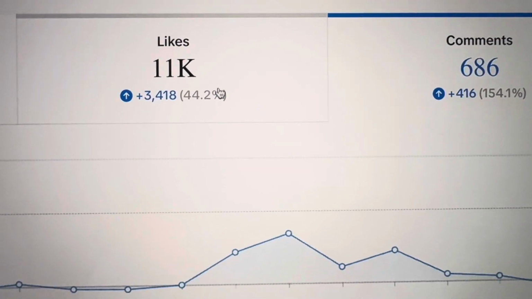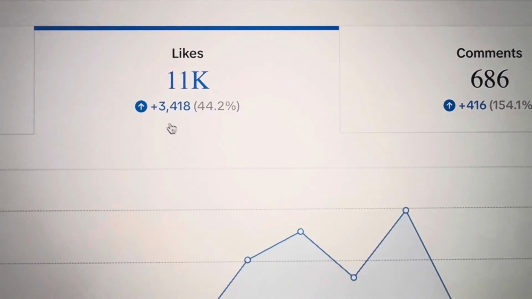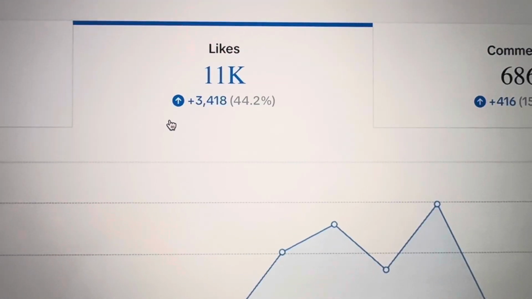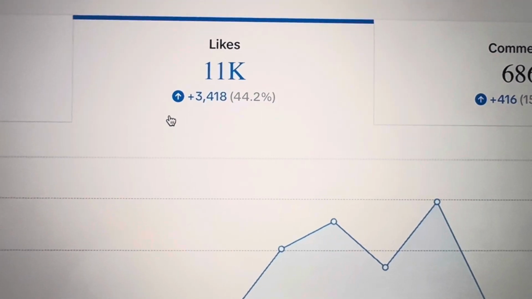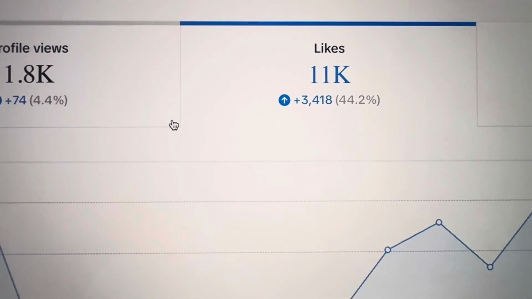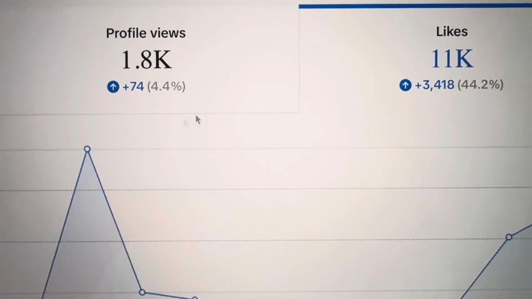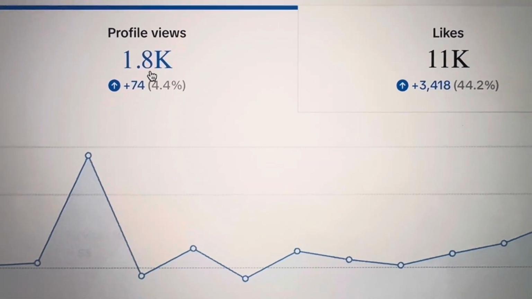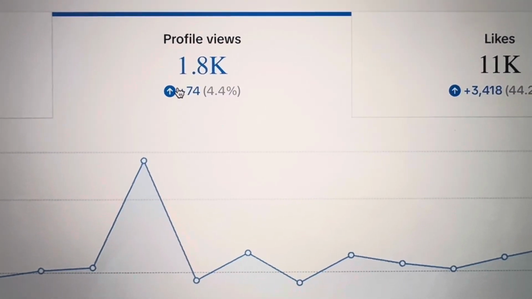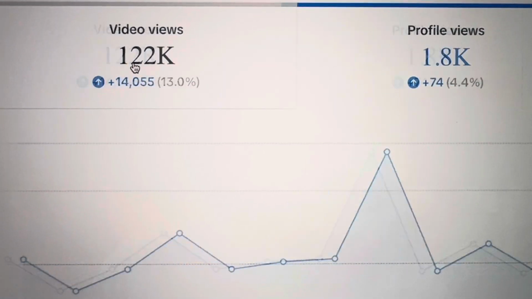So it's really amazing. 11,000 likes, right? What does it tell you? It tells you engagement is really great because we are targeting buyers clicks, okay? In 2026, the money is in the buyers clicks, all right? You don't need to have millions of clicks. You just need the right clicks from the buyers, not from the curiosity clickers. As you can see over here, 1,800 profile views, which is really good, okay? You can see 74% increase, and over 4% increase, and over here